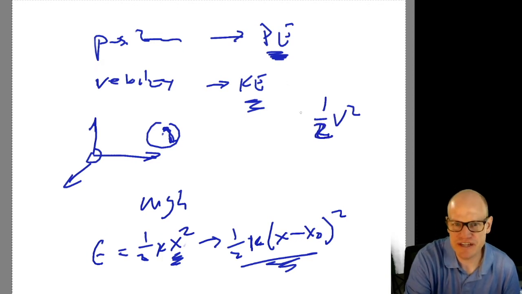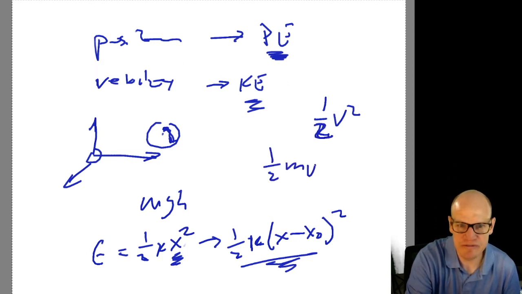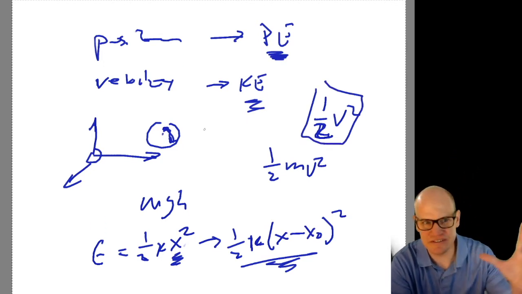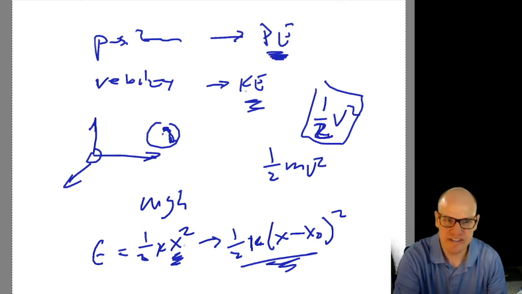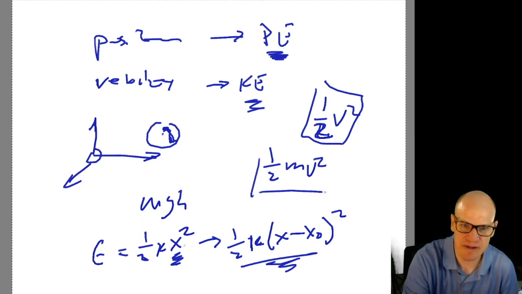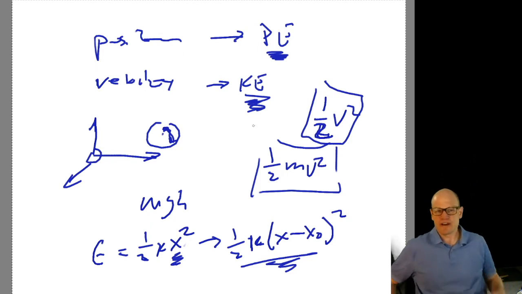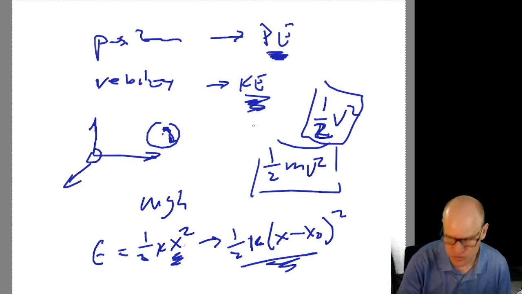And the thing that couples to that is the mass, and so you get 1/2 mv squared. So the potential in velocity space is 1/2 v squared. The energy in velocity space is 1/2 mv squared, and we call it the kinetic energy. Okay, so we have potential energy and kinetic energy. We know